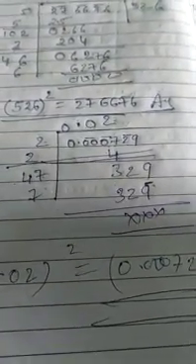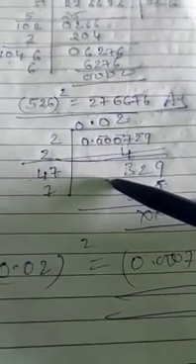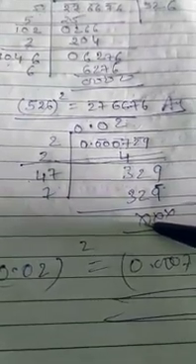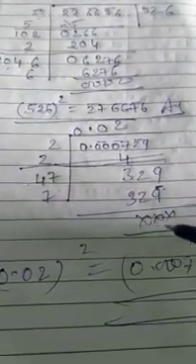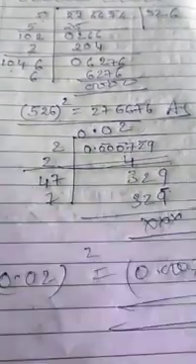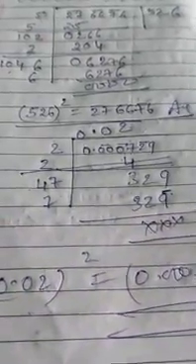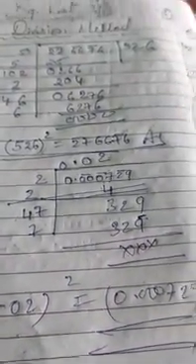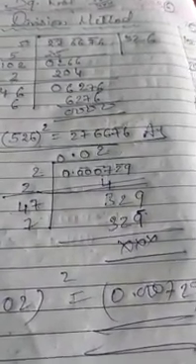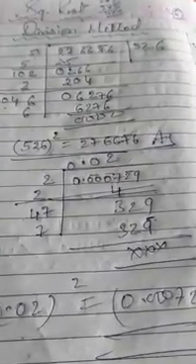If the question asks correct to 2 decimal places, then you have to find up to 3 decimals. But here the division is over, so no need to divide further. This division is over, it's okay. But in some cases the question asks to find correct to 2 decimal places, 3 decimal, 4 decimal. So always, if it asks for 3 decimals, you need to find up to 4 decimals, so that in round figure you will write 3 decimal places.